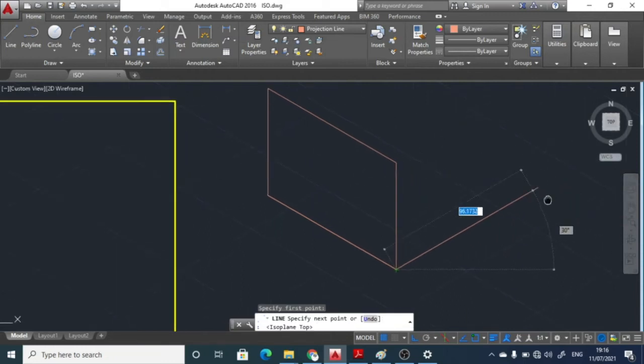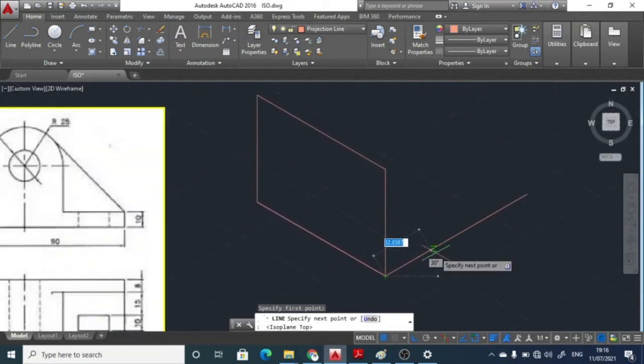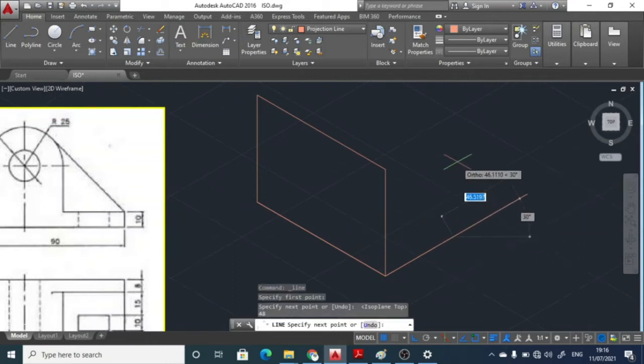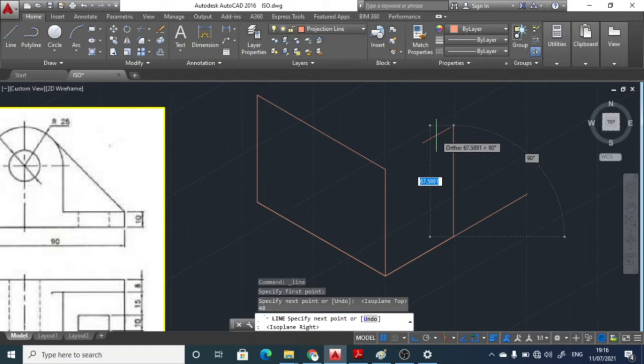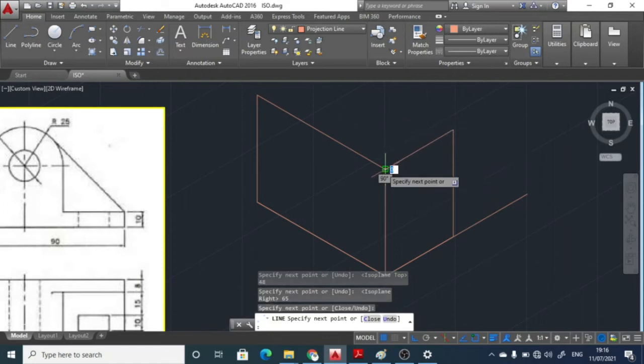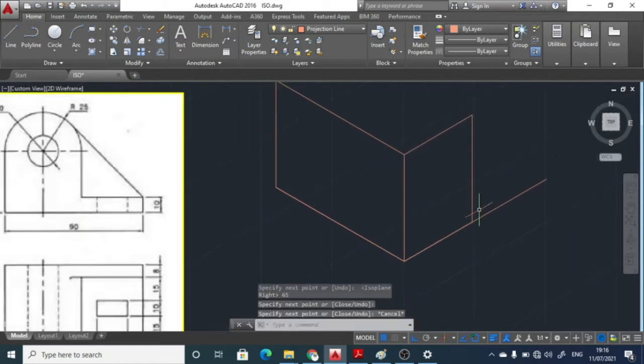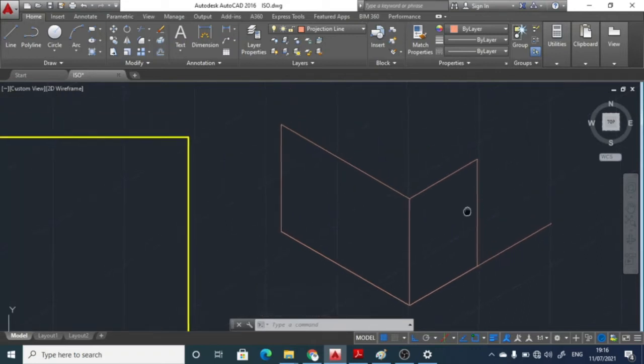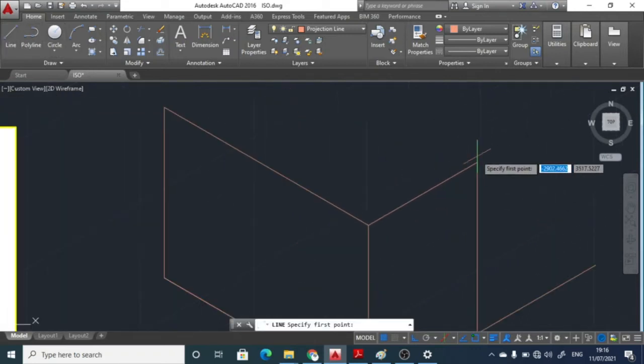Then draw the length of 48 mm, and again draw the vertical line. It is not coming, so press the F5 button once again. The height of the diagram is 65, so draw it over here and complete this plane. So it is a plane of 48 by 65 mm that we have drawn. Then the next thing is what?